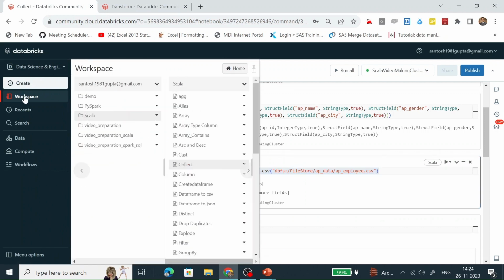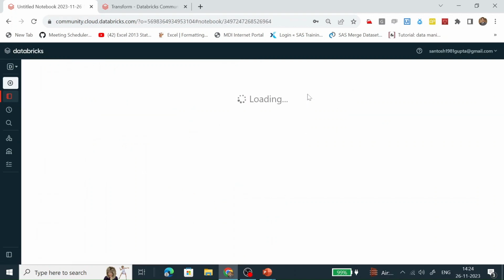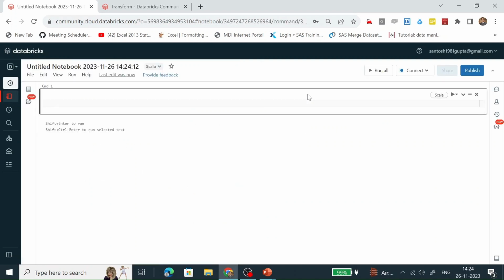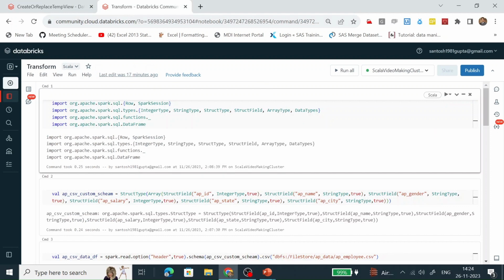Let's create a notebook. Name the notebook as create or replace temp view. Let's connect this notebook with our running cluster. Now let's copy the code till creation of the data frame. Okay, let's first discuss